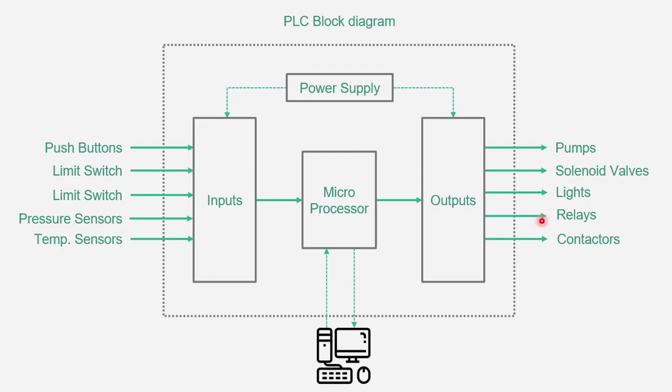If you see the block diagram once again, we have the three main sections: input, microprocessor and outputs. Input will accept the different inputs, which are analog or digital. It will accept the input and transfer these inputs to the microprocessor. Then it will be transferred to the outputs. So this is the flow. I hope you understand. If you have any questions, please let me know in the comments. In the next slide we will see one example.